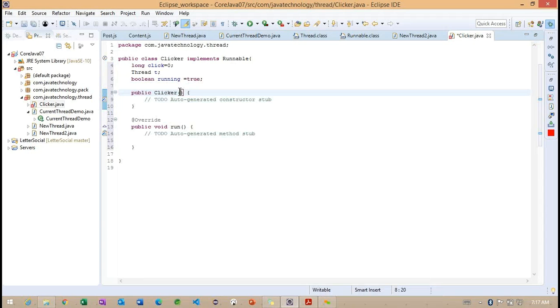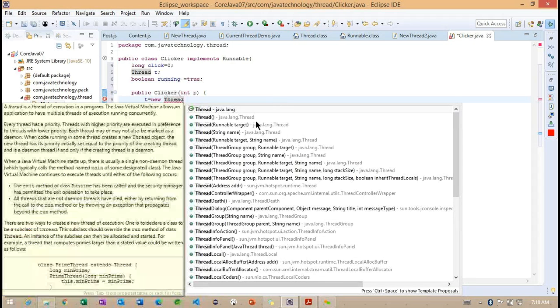The constructor here is taking something called p. Whenever we call this constructor, we need to specify some integer value. And internally I am creating one thread object here.